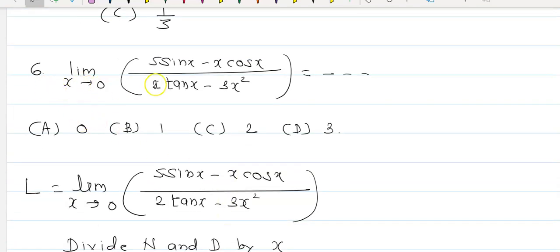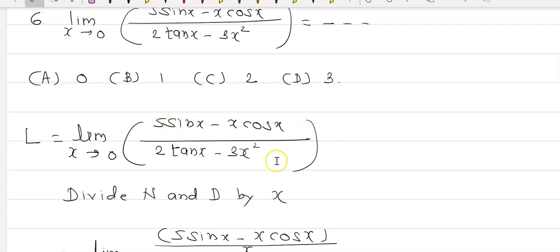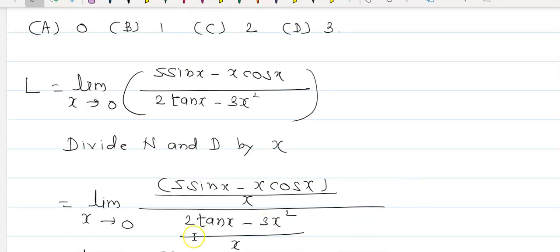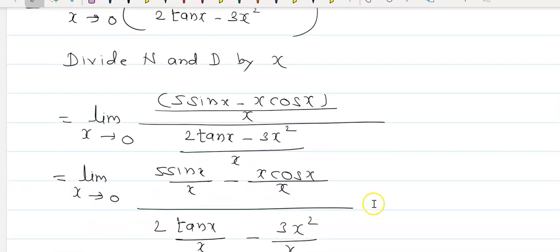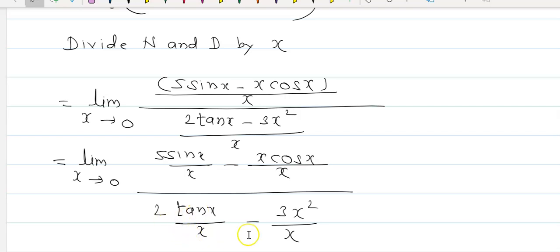That is limit x tends to 0, 5 sin x minus x cos x upon 2 tan x minus 3x square. 0, 1, 2, 3, these are the options. We see this, the requirement is to divide n and d by x. Therefore, divide n and d by x, we are dividing here. Separate it, 5 sin x minus x cos x upon x, and it is written as limit x tends to 0, 5 sin x upon x minus x cos x upon x upon 2 tan x upon x minus 3